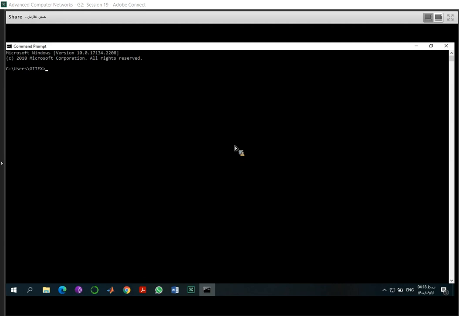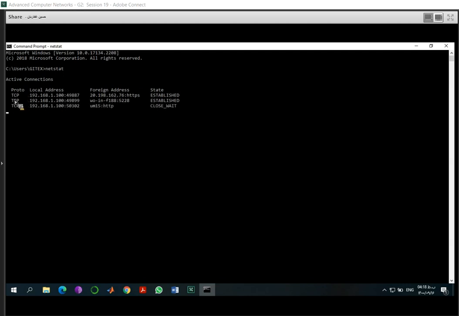I'm going to command prompt here and type netstat. When I enter, netstat will start to work and it starts to write some information for me on the screen.